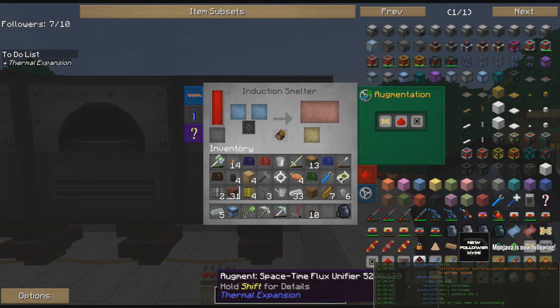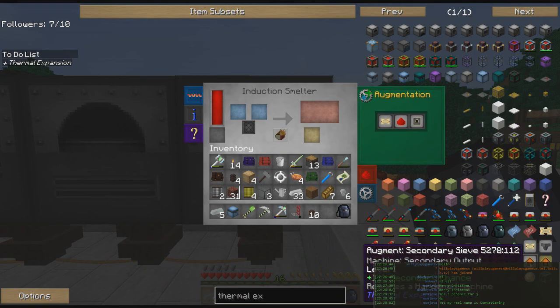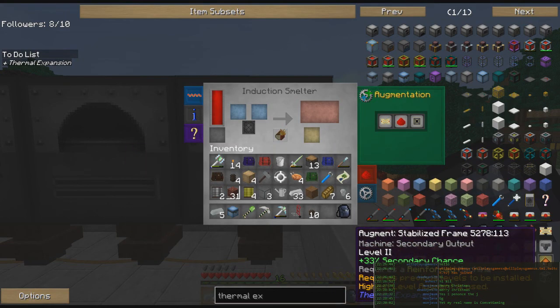You'll notice that there are multiple augmentations down here. There are augmentations for secondary sieve, which increase the amount of secondary production we get. So for example, if I'm cooking, say, gold with sand in here, I will get back gold ingots, but there's a chance that I can produce rich slag down in this column. If I put these secondary sieve augments in,